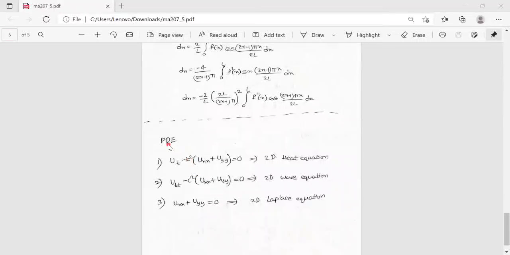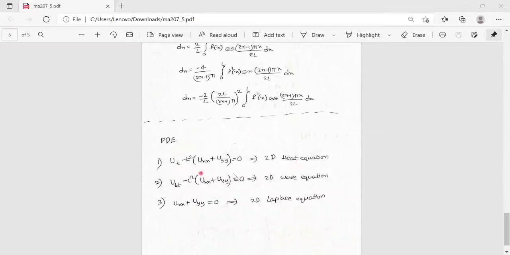And in the coming videos, we solve partial differential equations, PDEs. Partial derivative means we take the corresponding variable as the variable, and all the remaining variables we take as constants and differentiate with respect to it. Suppose ut is the partial derivative with respect to t. We take t as the variable and all remaining letters as constants, and we do the derivative.